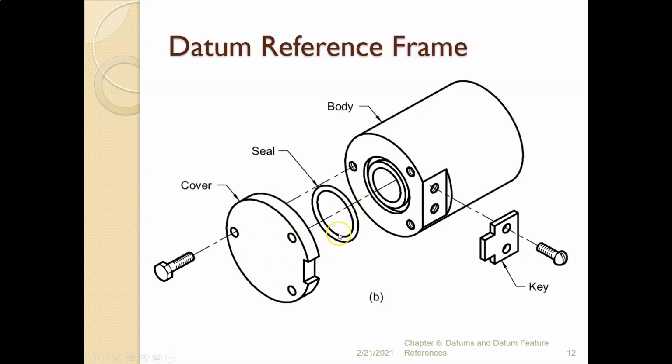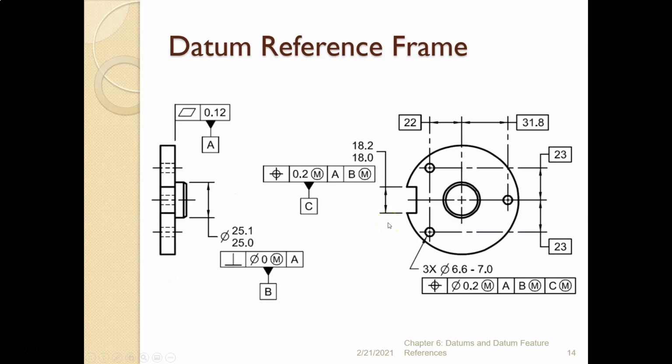You could put it on this way, or you could rotate it 60 degrees and attach it, or rotate it another 60 degrees and attach it. It really didn't matter. What mattered is that the cover sits on the base of the body, and that the cylinder of the cover goes into the hole in the body. So in that case, we wouldn't need C, and this would be ABM,